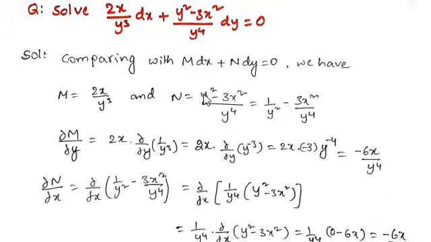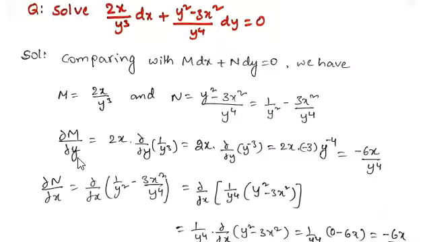if you write y^2/y^4, we get 1/y^2, and minus 3x^2/y^4. And here we are doing ∂M/∂y. Why are we doing this? We will check whether the given equation is an exact differential equation. If it is, we have a particular method to solve exact differential equations, so we will follow